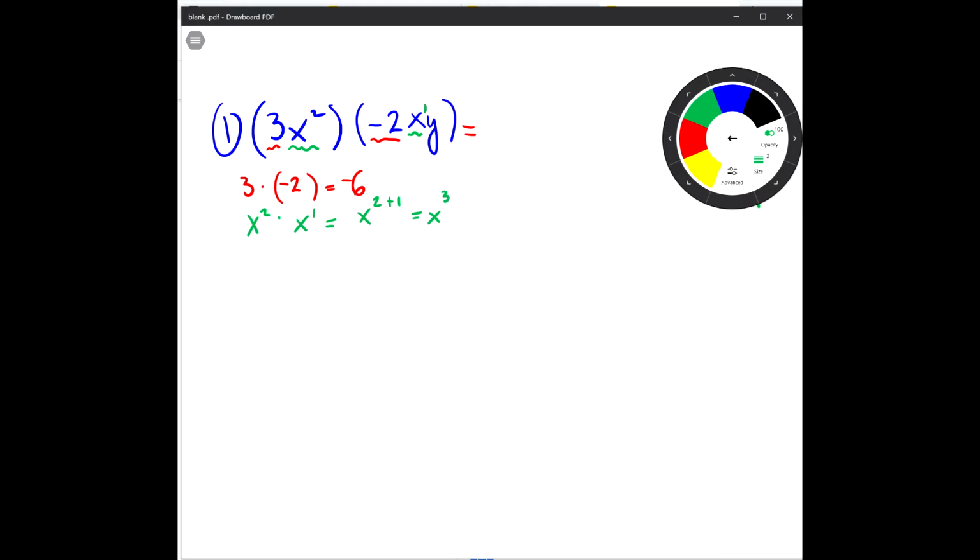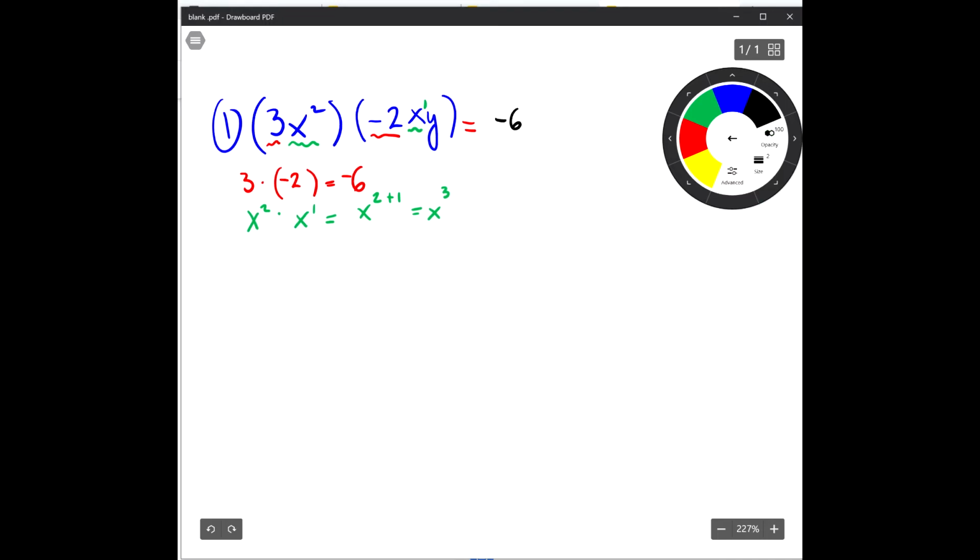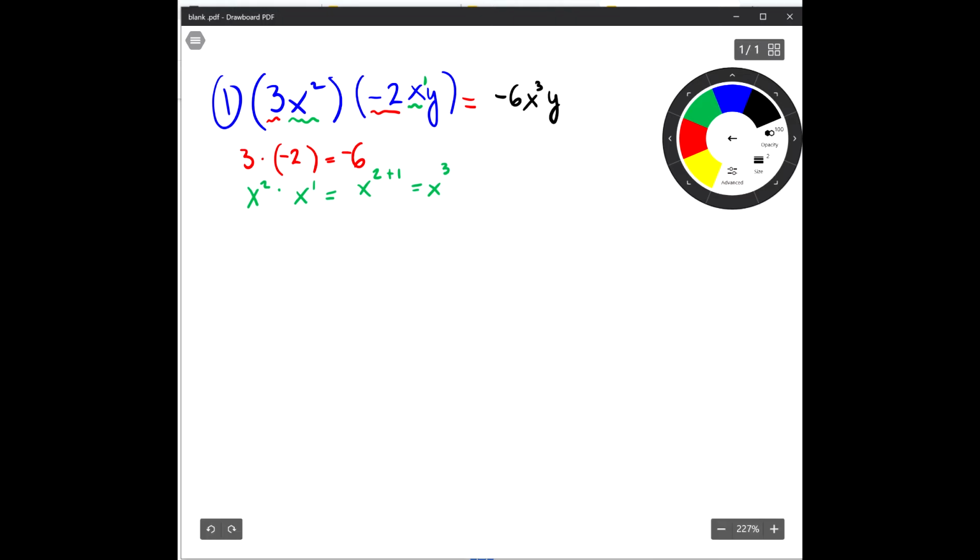And then for y, there's nothing else to combine with. So we leave it like that. So the answer will be negative 6x cubed y. Okay. Alright, next,